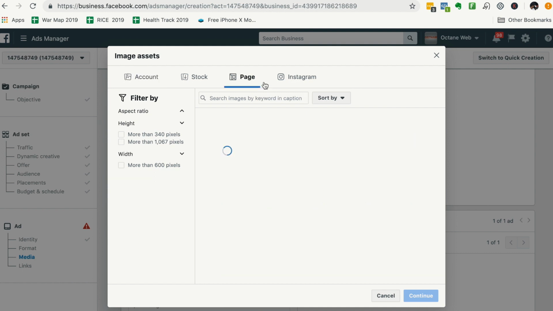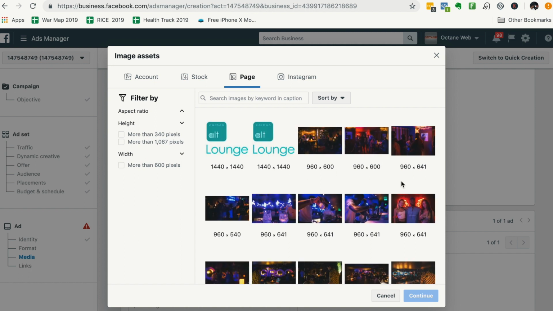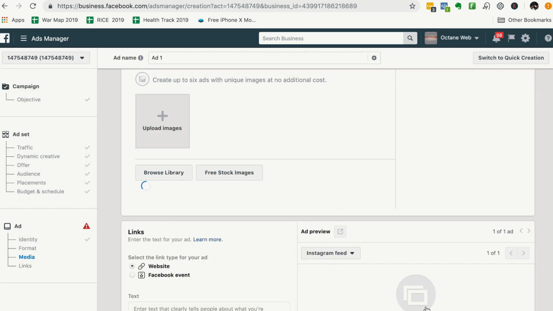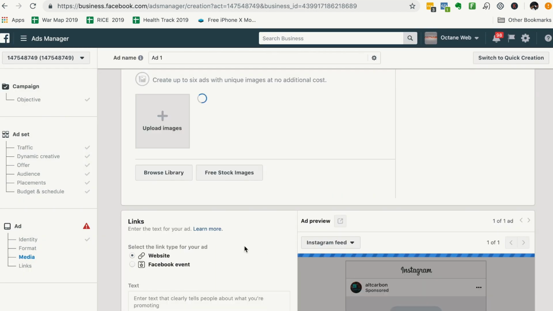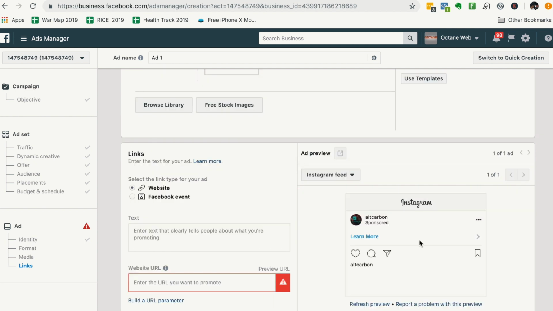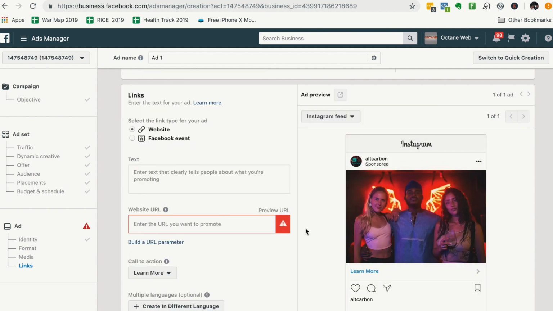So I'm going to come here to choose some images that we've already used on this page, and we're going to use that to advertise in this example. So let's wait for this to load. Alright, so once we've waited for the images to load that we've already advertised on our page, we can then click on one of the images, choose to upload that image, and you're going to see it populate over here. So give it a few seconds and you see, okay, this is how this is going to appear on the